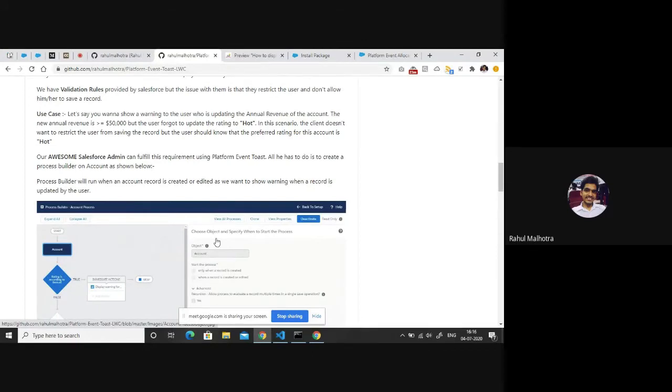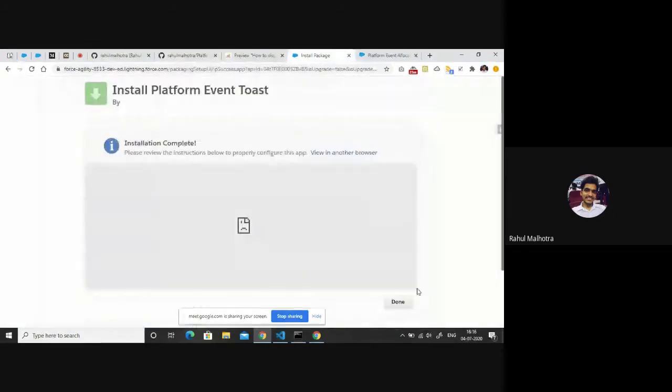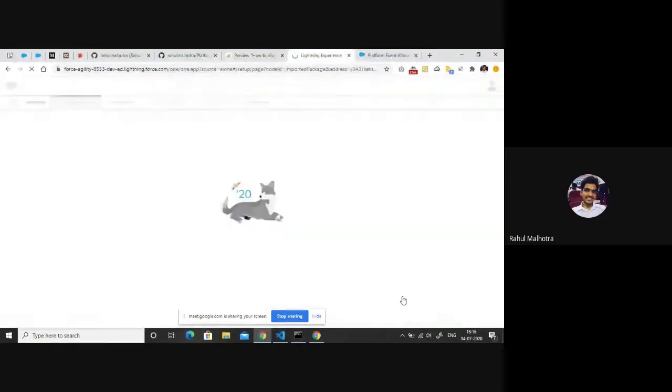In your use case, you actually need to show a warning message. The client doesn't want you to stop the user from saving the record, because the record should be saved whether or not the rating is changed to hot. The record should be saved in any case, right? This kind of use case we are going to deal with by using platform event toast. So let me go to the org and we'll see it in action.